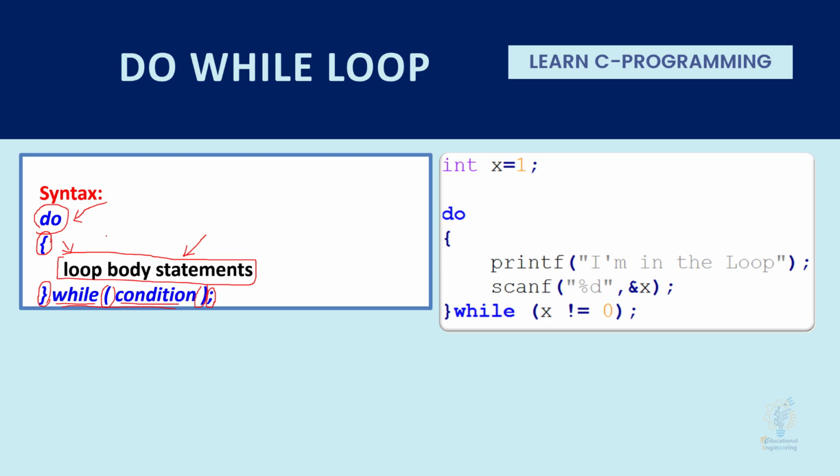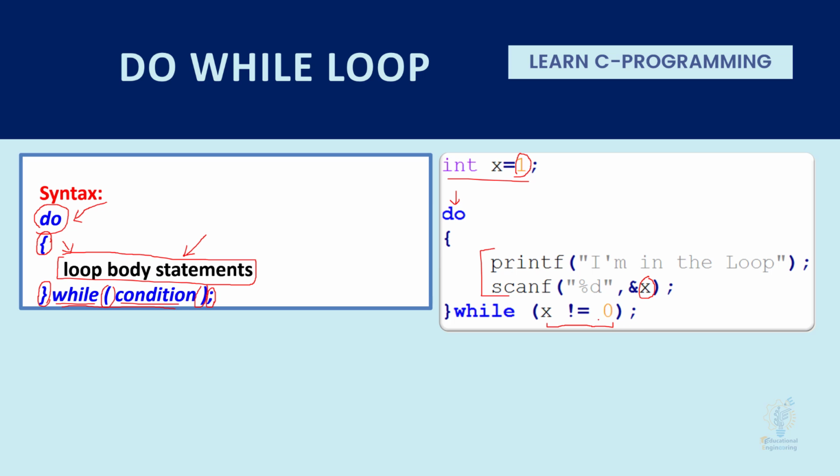Let's see this example. Here we have an integer x equals 1. We have do, two statements, and we have this condition. Now, the first thing that will happen, it will go to the do, then it will execute these two lines before checking the condition. So it will print and scan. It will print I'm in the loop, then it will scan something from the user, let's say a number. Now, while the number that was scanned